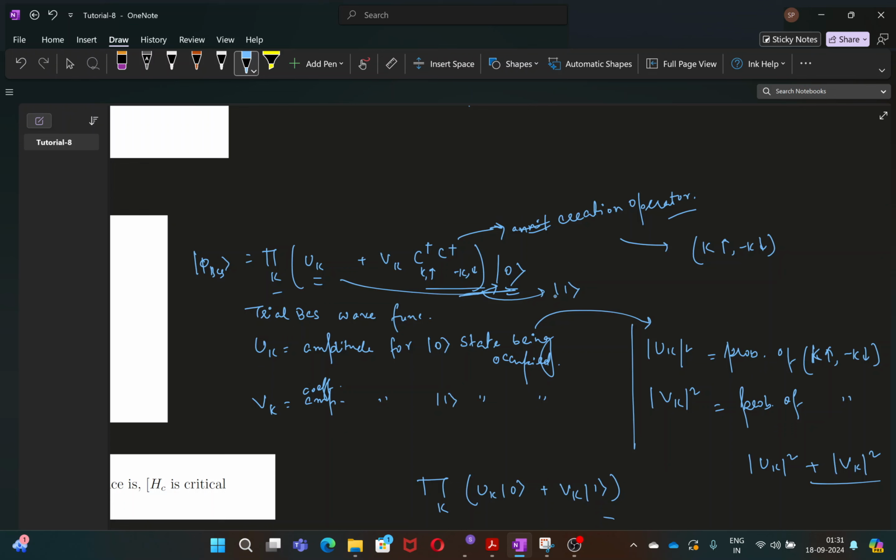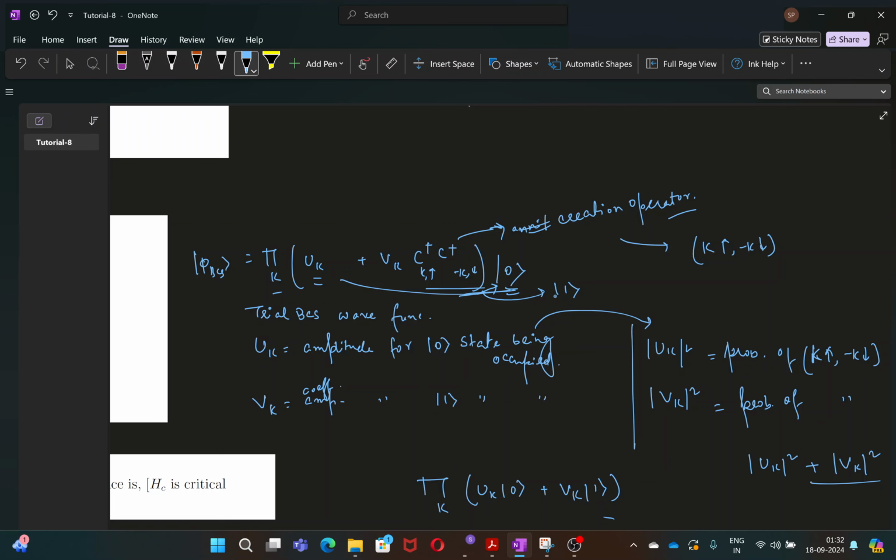U suffix k is the coefficient of the 0 state, that means one term is in the 0 state, and the other linear combination is with respect to the V_k creation operator acting on the 0 state. If you operate the creation operator on the 0 state, it will make the state 1. So in this product over k of (U_k plus V_k c dagger), the first term will be 0 and the second term will be 1. And the probability of the state being in any of the states, let's say k up and minus k down in momentum space,